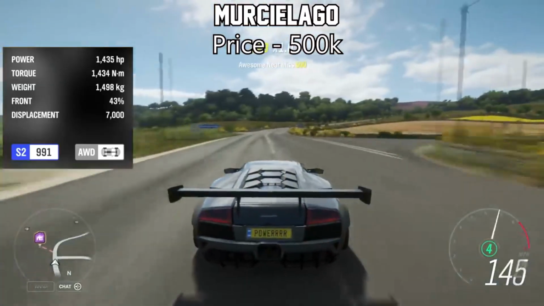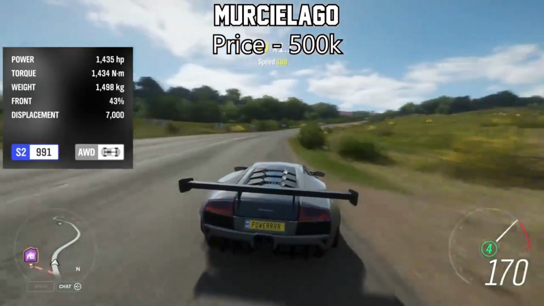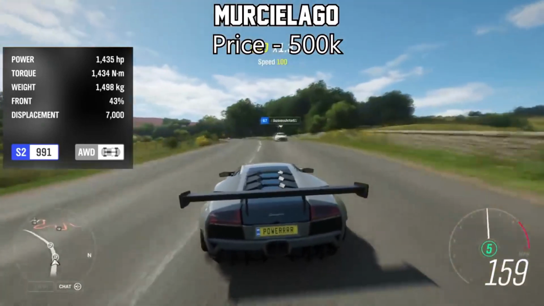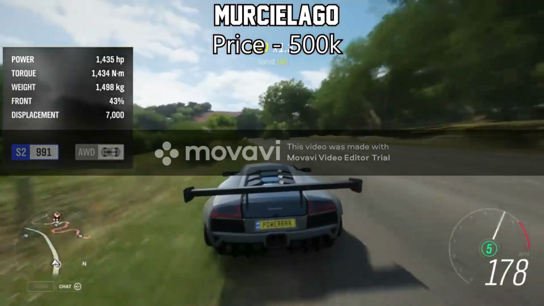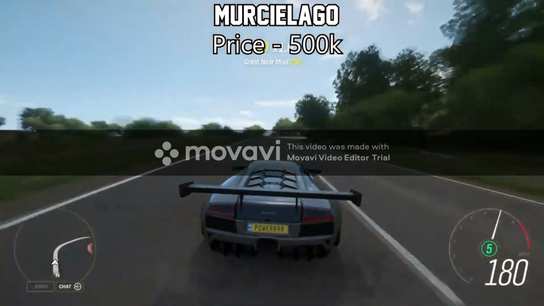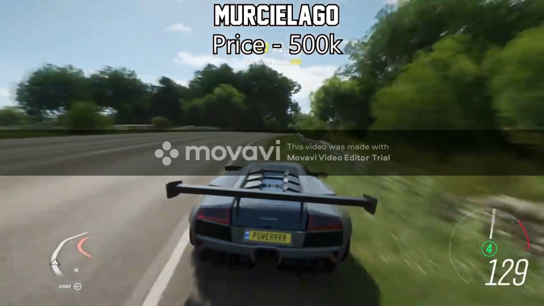The next one is one of my favourites. It's the Lamborghini Murcielago, which will set you back a good 500,000 credits, which is kind of nothing compared to the other vehicles on this list. Now, fully upgraded with the stock engine, it will push just under 1,500 horsepower, which is why this car is impressive,